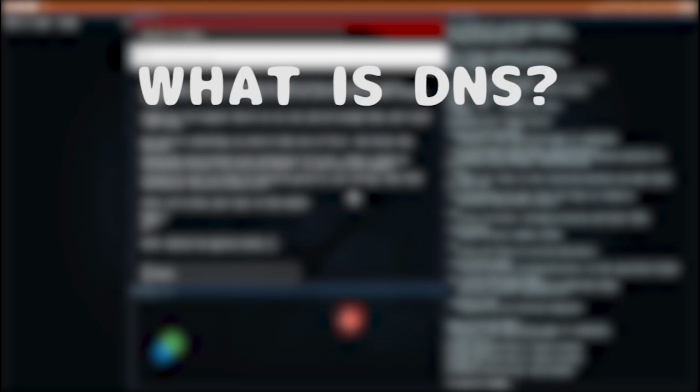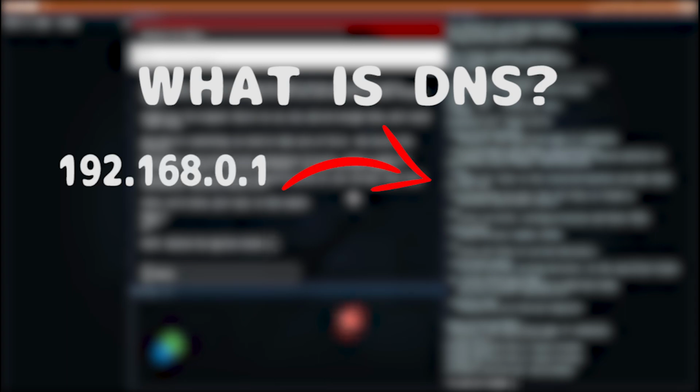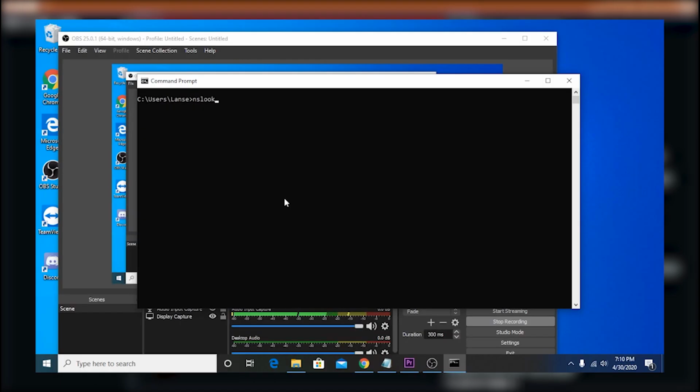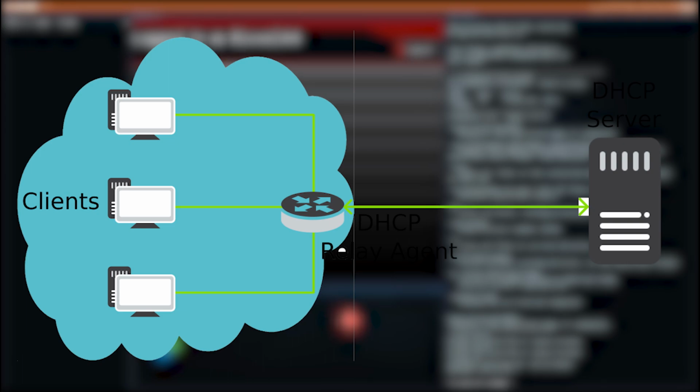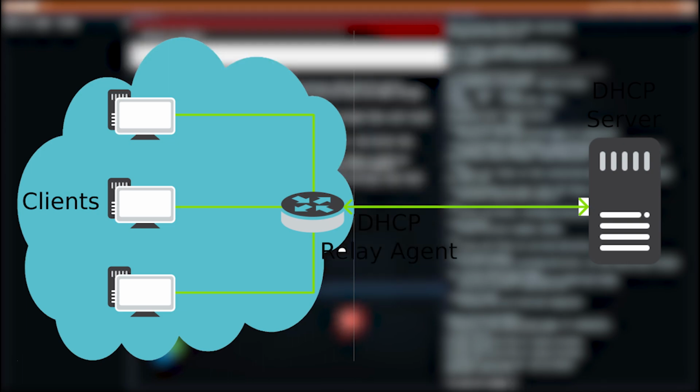So what exactly is a DNS server? Well, in the most basic sense, DNS, or Domain Name Service, is used for translating IP addresses into names. For example, if I did an NS lookup of www.google.com, it would show me an IP address of 172.217.1.228. Now, I'm sure Google has a dynamic IP address, so I'm sure it's changing all the time, but you